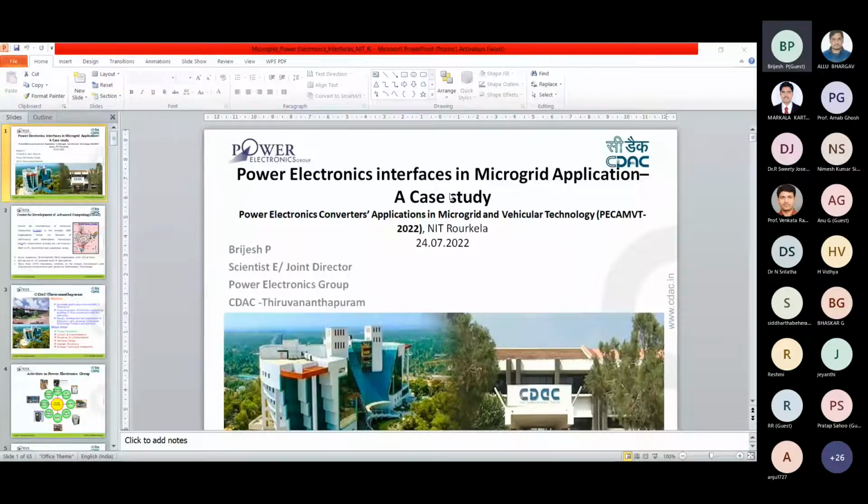Basically, selection of hardware in any application, especially in microgrid application, is dependent upon what your application is, what your expertise is, the time you have for the project, and also the availability of subsystems and submodules. So I can share some of our experience in that case.